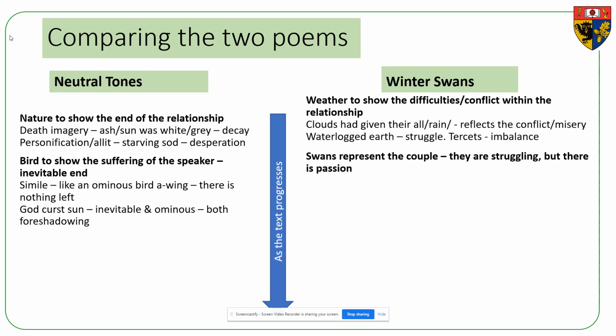As we progress through Winter Swans, it's similar in that we also have birds to represent the state of the relationship. But in this case, we have swans. Now, when you're thinking about swans, we have the connotations of swans as purity, as innocence, beauty, elegance. Please don't ever say that the connotations of swans are vicious. That doesn't make sense in terms of connotations, but I'm sure lots of you are just thinking about ones that